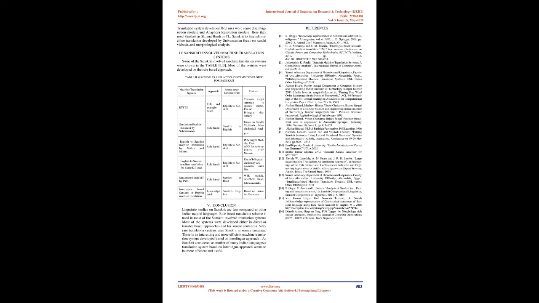UNITRAN is a translation system developed at Massachusetts Institute of Technology. The system operates bidirectionally between Spanish and English. KANT system has been developed at Carnegie Mellon University, CMU, in Pennsylvania, USA in 1989. KANT is the only interlingua-based MT system to be operational commercially. It has been used in translating English technical documents into French, Spanish and German.